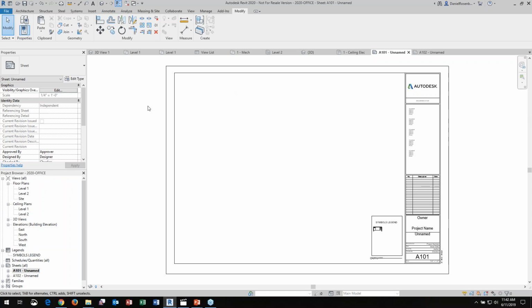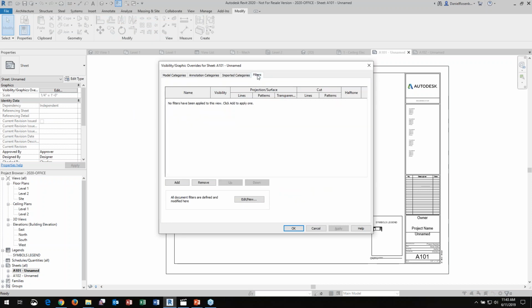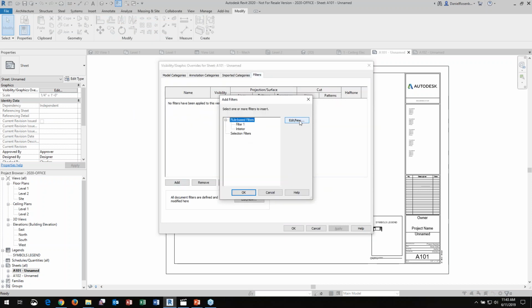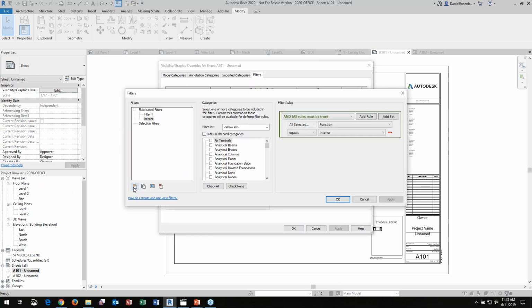So there's another thing that they added, and that was an enhancement to something that was added either last year or the year before. And that has to do again with view filters. In your filter rules, they added the OR feature last year or the year before, but what happened was you were kind of restricted by whatever categories you chose. So if I was doing multiple categories here, maybe if I was doing doors, windows, and walls,